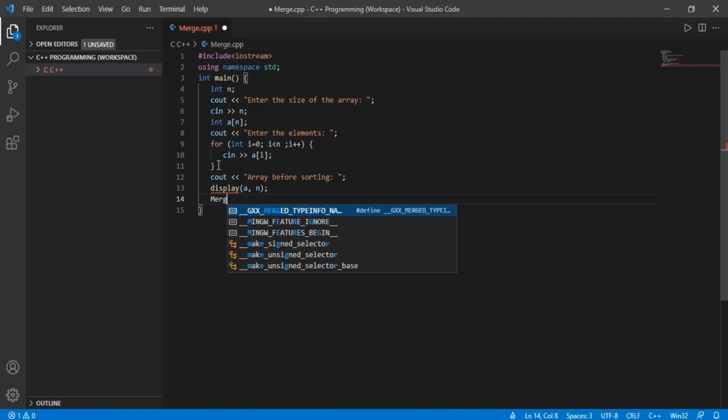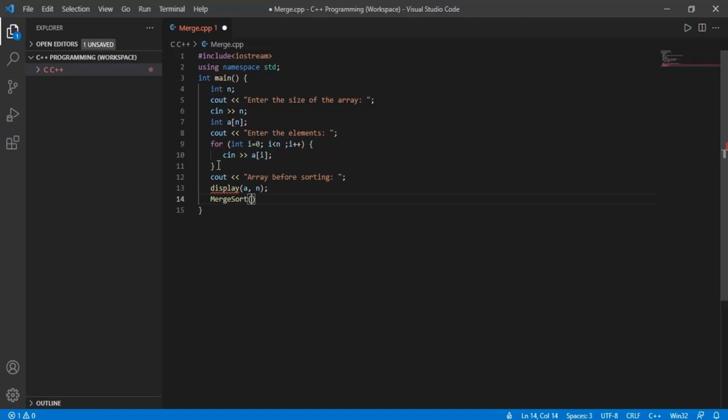Then we'll use a merge sort function here. Basically, it is the translation of the merge sort algorithm. So everything that we have seen in the algorithm will be implemented in the form of a code using this merge sort function. Again, we'll pass the array as the first parameter, then the lower index and the higher index, or the upper bound and the lower bound are passed as the next parameters. So as we know that the indexing starts from 0, and then the last element has the index as n minus 1, as there are n number of elements in the array. So we are passing 0 to the lower index, and then the upper index will be n minus 1.